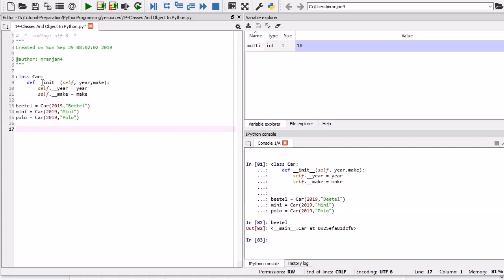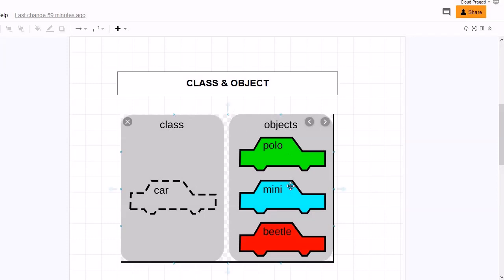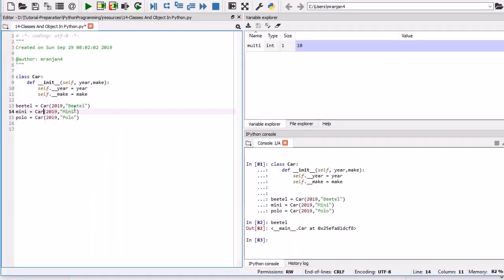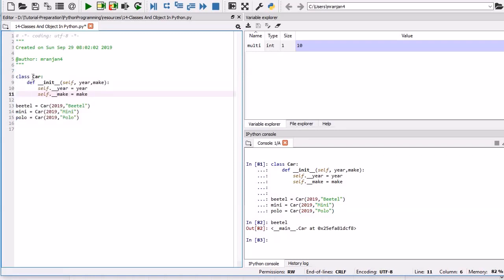So class is nothing but a template, and on the basis of this template we can create the object. So this is what I wanted to represent over here. And if you look into the diagram, we have converted this diagram into a programming language. So how have we represented the real world thing? With the help of this class template and with the help of the objects which are instantiated from this